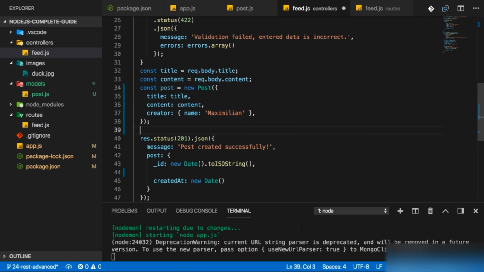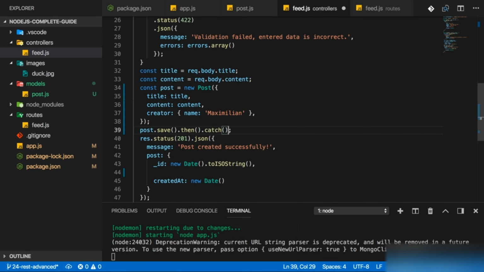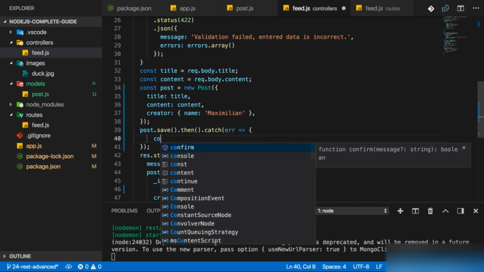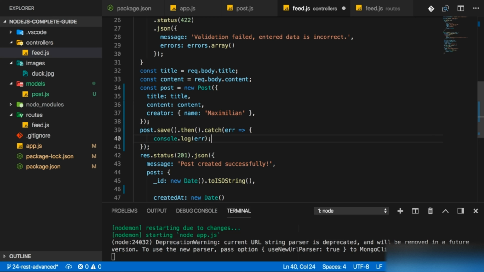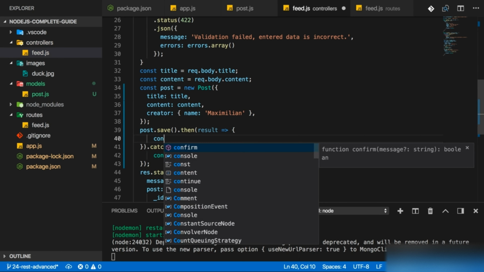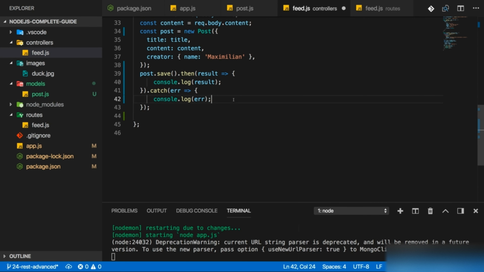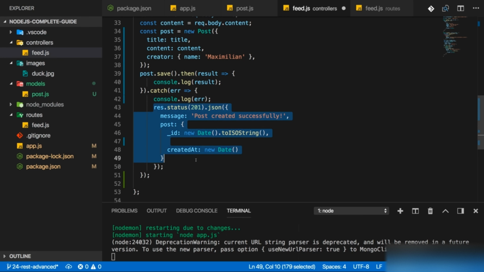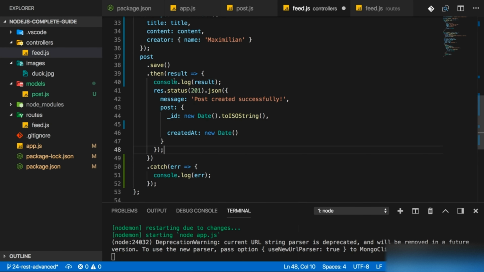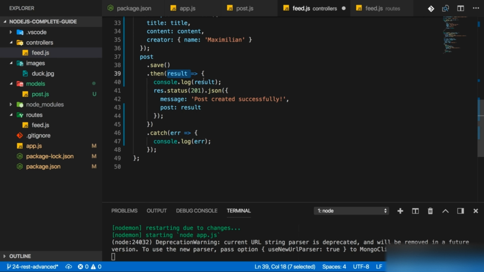So now you learned that we can just call save on the model to save it to the database. And this will give us a promise or a promise-like object where we can catch any errors. And here I will log the error for now. We'll later add real error handling, of course. And I get a result, which I also want to log here. And I will also send my response in here in the then block. I'll send a response. 201 is the status code. The post object here, however, will be the result object I get back here,